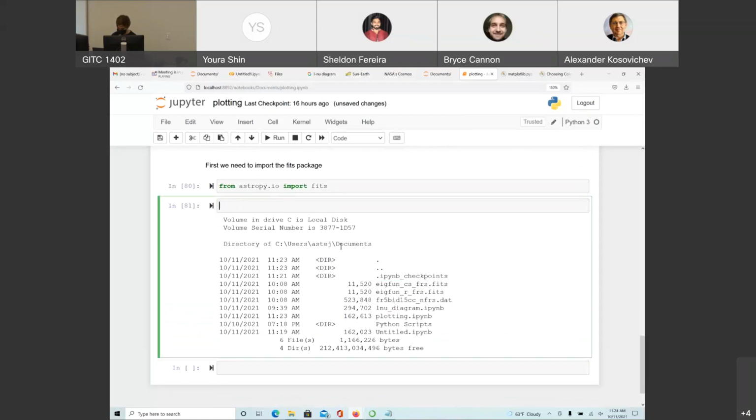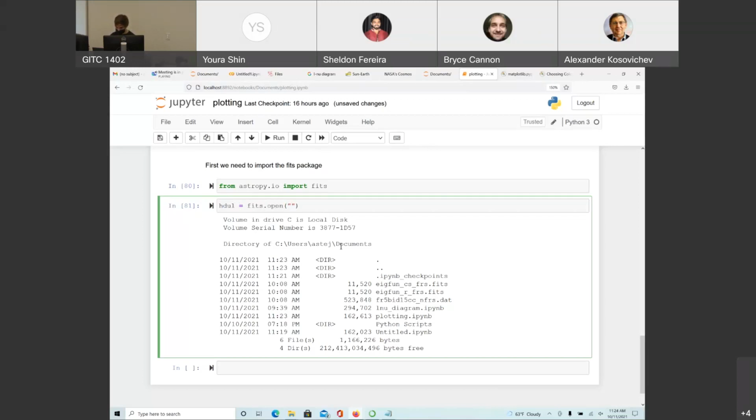The way we do that is we do hdul equals, and this is just a variable. You can do whatever you want. You can write fits file if you want. The reason it's common practice to do hdul is it stands for HDU list, or header data unit list. It's just terminology that's used in fits files, but it can be any variable. It's just opening, like we did file equals for opening a file. You do hdul equals fits.open,